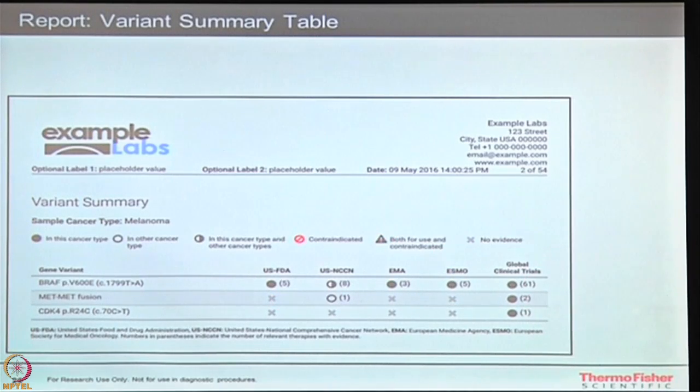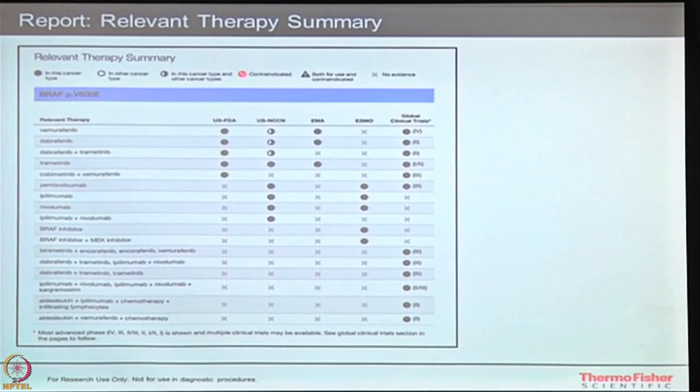So if the drug has been studied someplace and has been given a go for utilization, everything is given over here. This is something like a summary which gives you an idea whether it is going into a clinical trial or not, and whether it is US FDA approved or not. Okay. At the same time, you can get more information about more drugs. A different variant that you are looking at, V600E. So these are the various drug therapies that are available. Who has given which approval, at which stage it is approved, global clinical variants, in which stage it has been approved. These details come into this particular report.